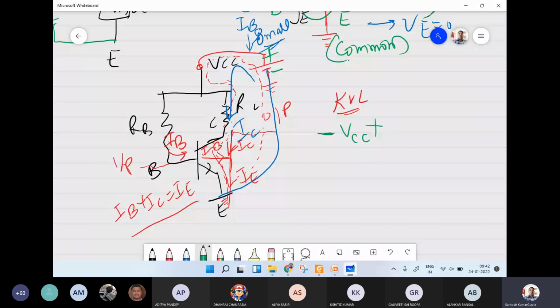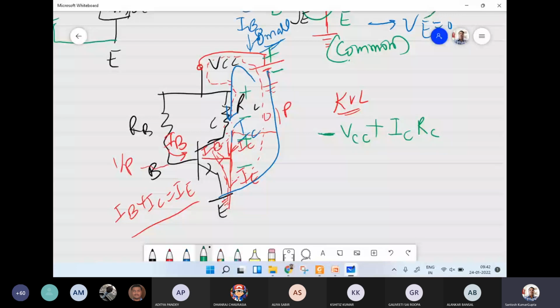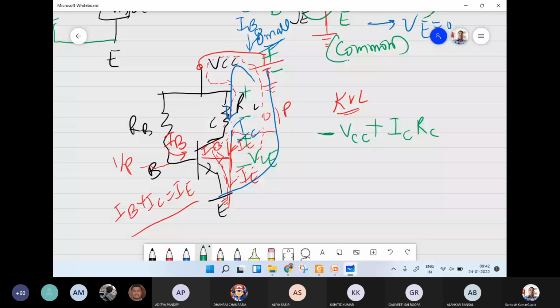and current is flowing like this. So the voltage drop across RC will be with this polarity, and the value of the voltage drop will be IC times RC. And let us say that between collector and emitter there is a voltage drop equal to VCE. So VCE can also be written like this here, equal to 0. So this is the kind of KVL we can write at the output,